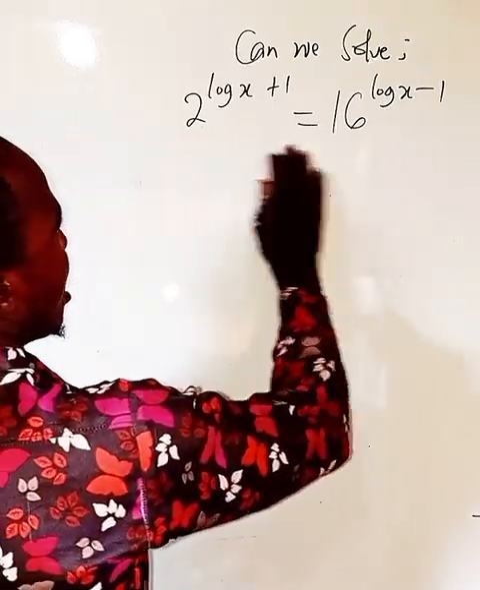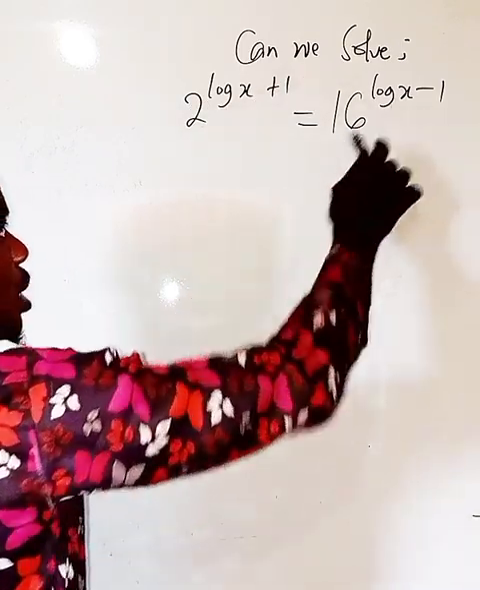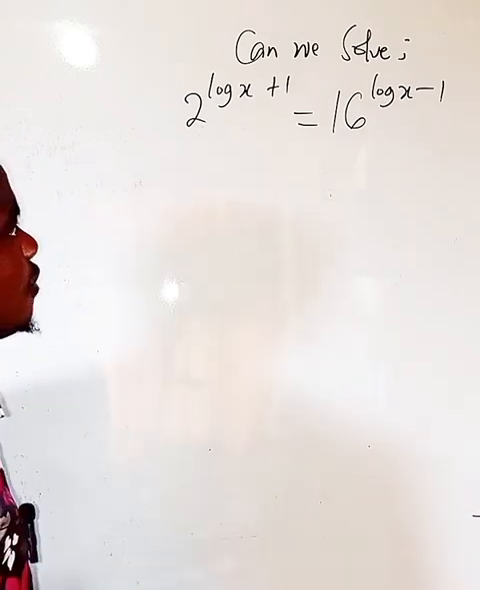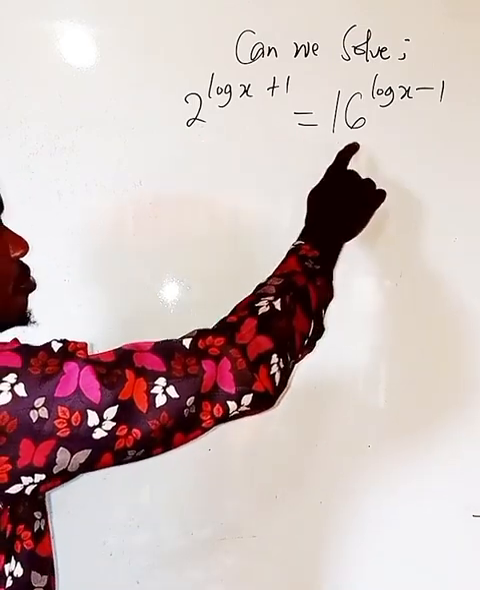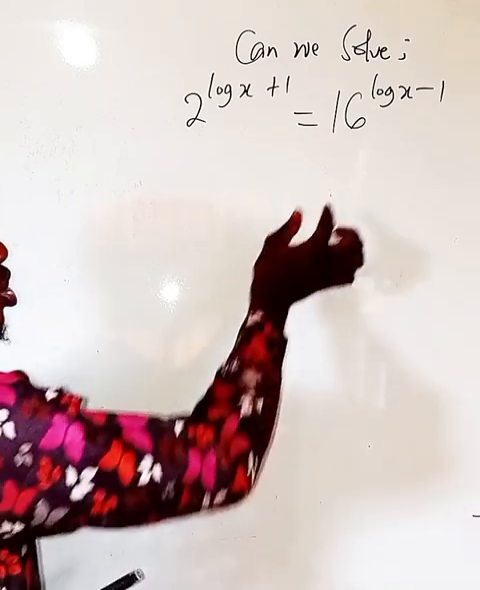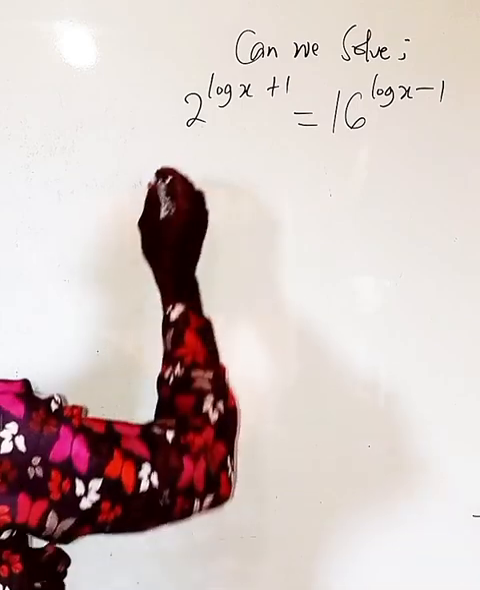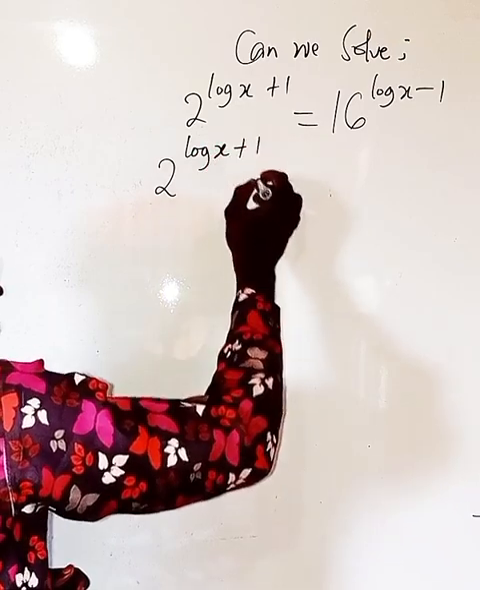Now here I have 2 to the power of log x plus 1 equals 16 to the power of log x minus 1. So how are we going to do this? Let's first of all deal with these bases. We have base 2 and we have base 16 here. Let's try to translate this 16 into the base of 2. And that's going to be 2 to the power of log x plus 1 equals